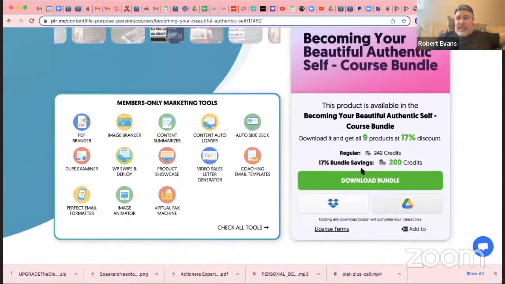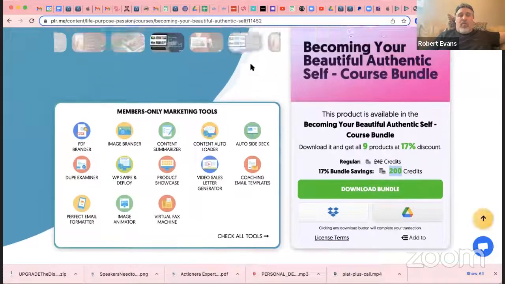Basically, if you wanted the entire bundle, it would cost, not actually, you wouldn't need to get the entire bundle. You can get most of the bundles. It would cost you 150 credits. So that's approximately $150, but it gives you a ready-to-go 6 module, 49 lesson program.